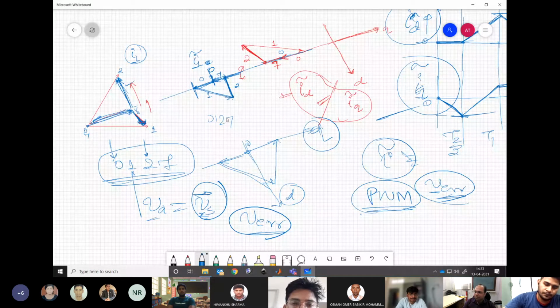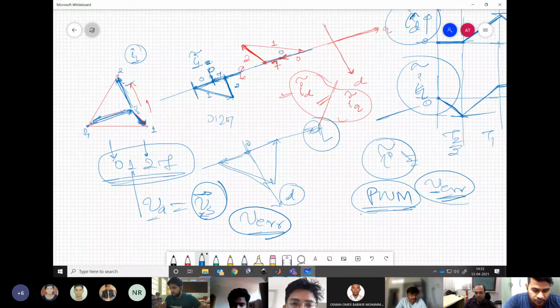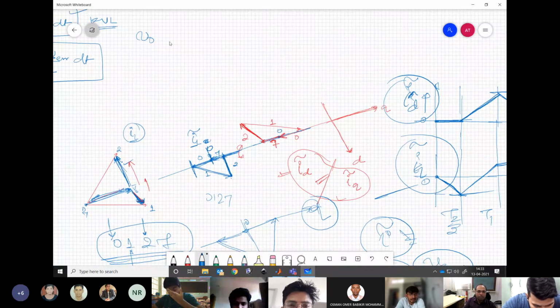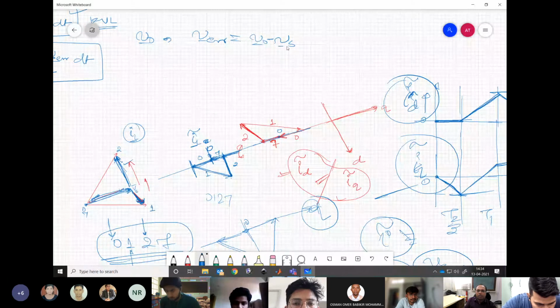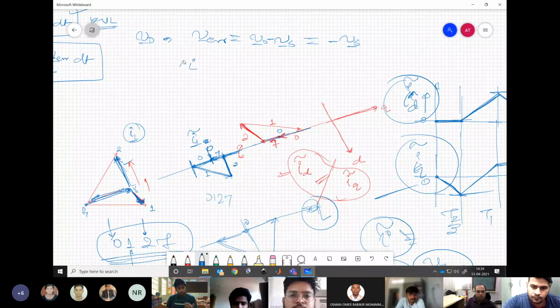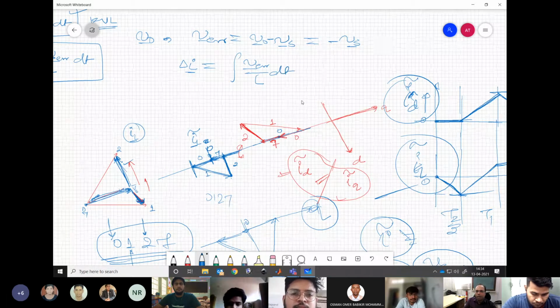No, sir. Sir, how are we deciding that the magnitude of the vector is increasing or decreasing? That is what I am saying. Let us say you are applying voltage V0, then what is your voltage error? V0 minus Vs, isn't it? It is essentially minus of Vs. Now if you compute the ripple corresponding to this, what will it be? Integral of V error divided by L times dt.